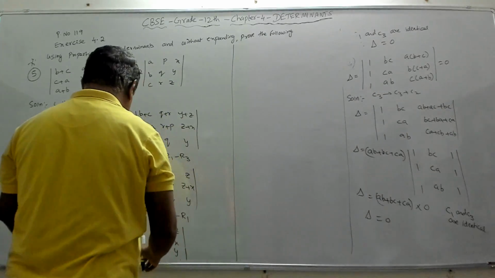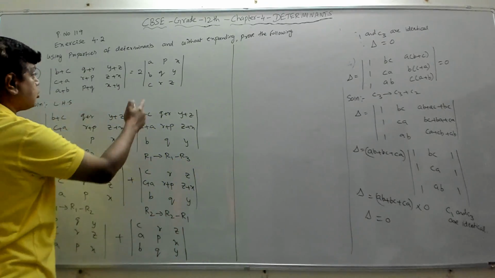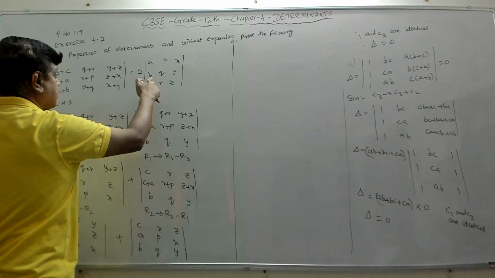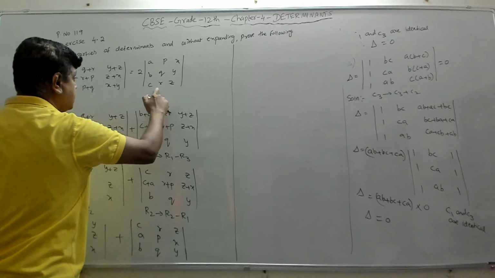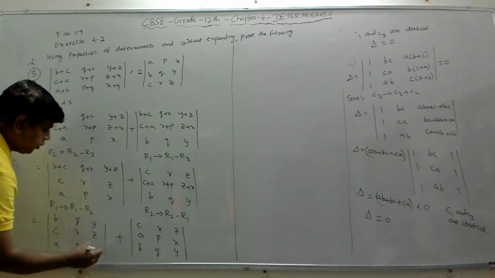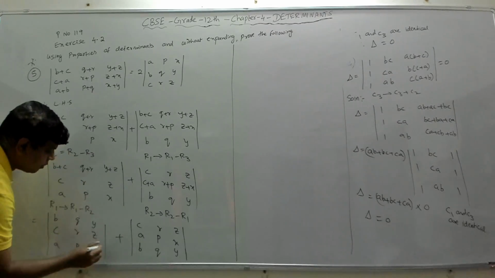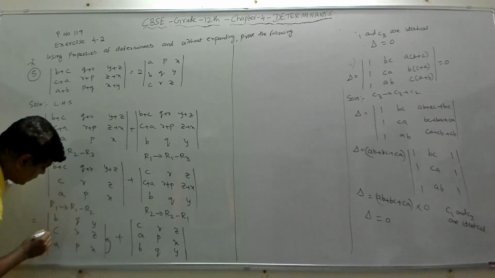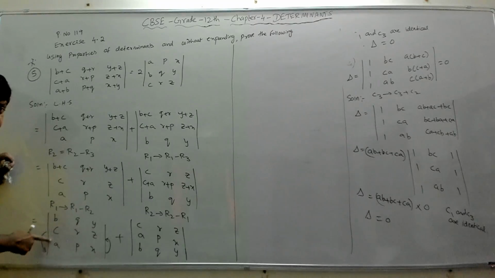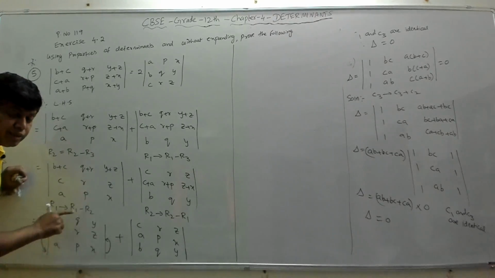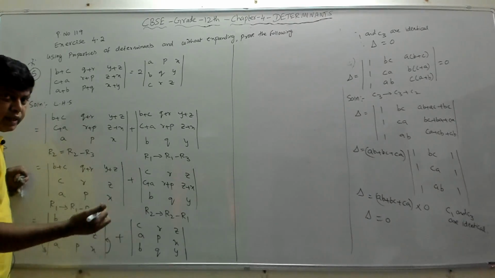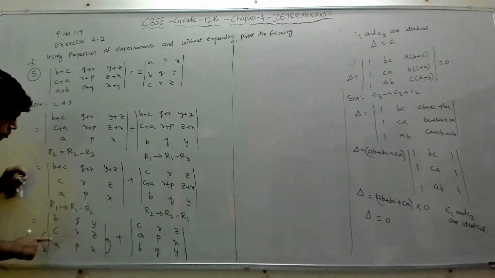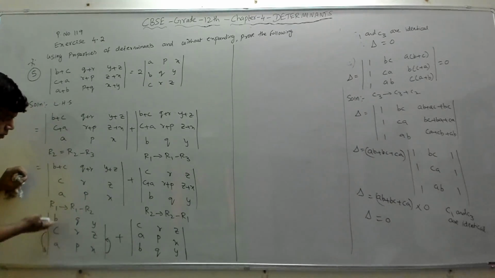Now if you observe these two, we'll have to try to arrange them so that APX comes to the top, then you have BQY, then you have CRZ. So which means I will shift this up. So I will move this here and this here. So when I interchange any two rows, then the value of the determinant changes by sign. So we'll get 1 minus. So I'm trying to take this to the up.